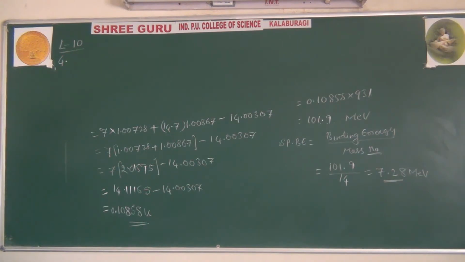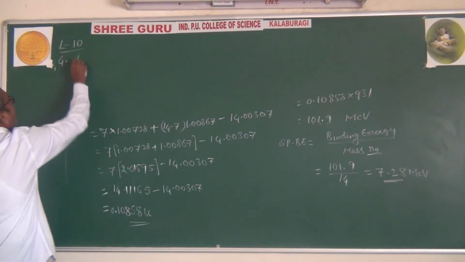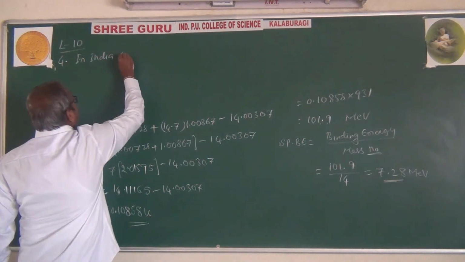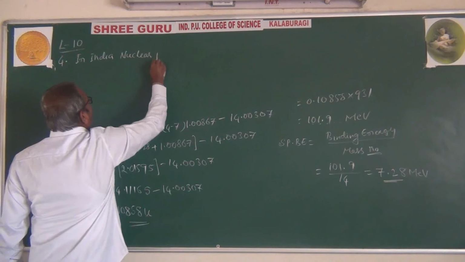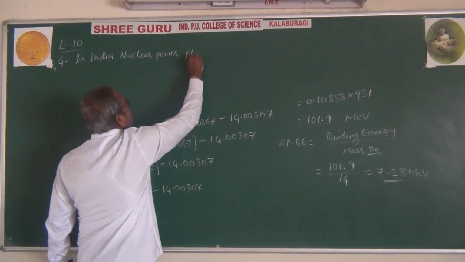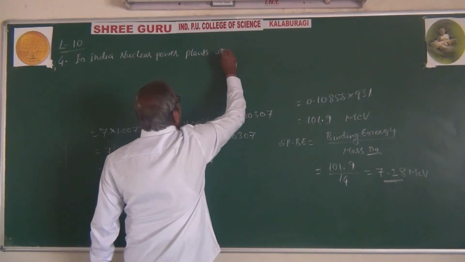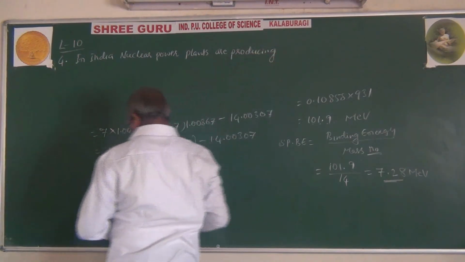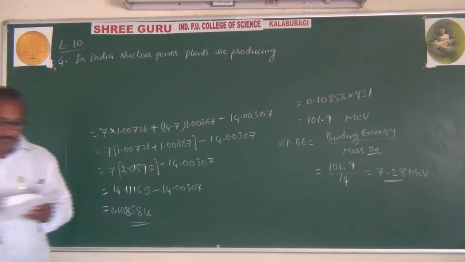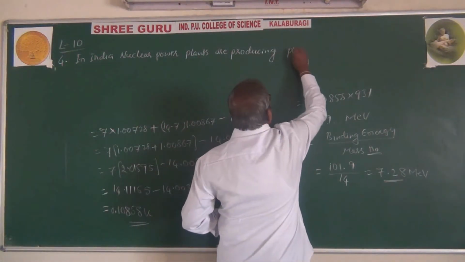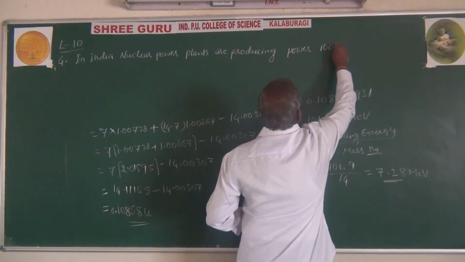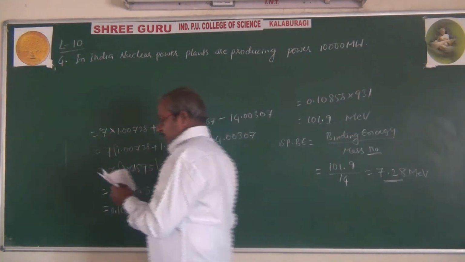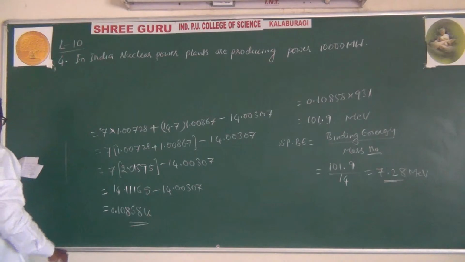In India, nuclear power plants are producing power of 10,000 megawatt. Assuming average efficiency